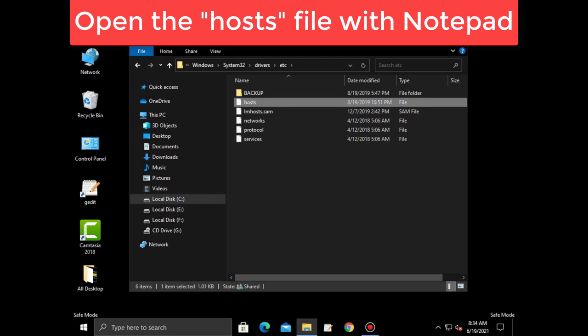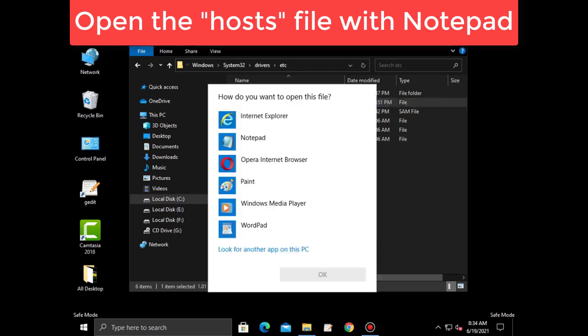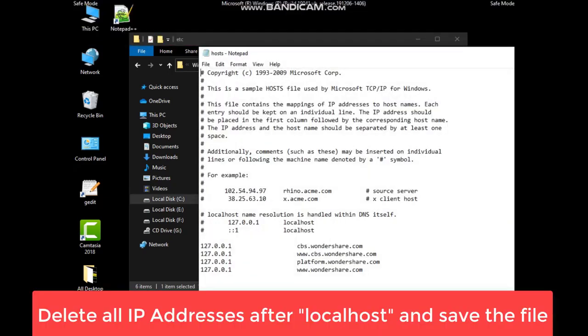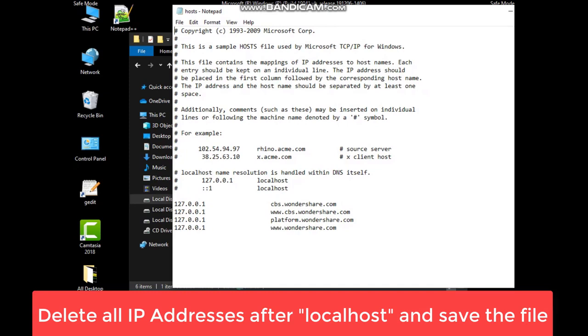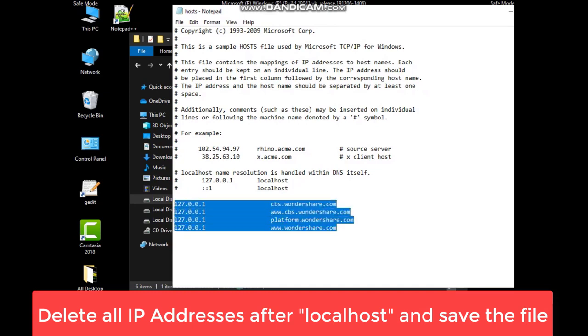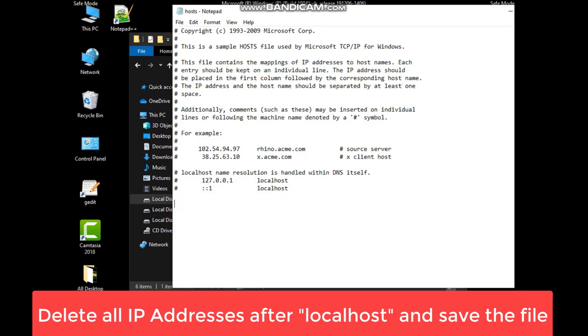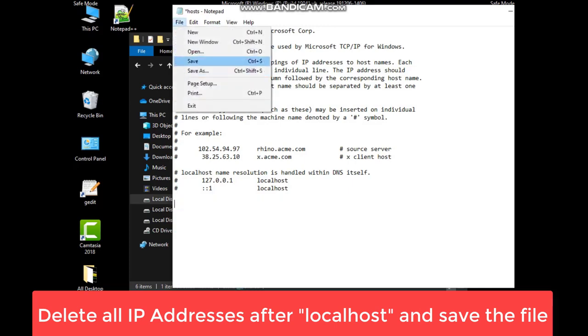Open that hosts file with Notepad, just like I am doing right now, and then we have to remove all the malicious IP addresses from our hosts file. All the IP addresses below the localhost, remove them all and save this file.